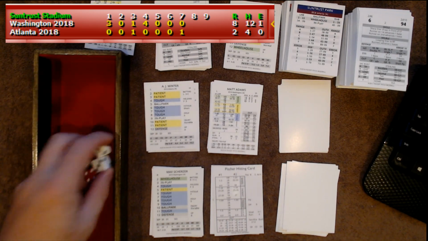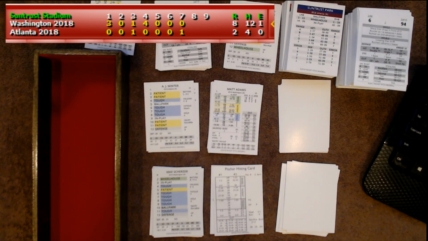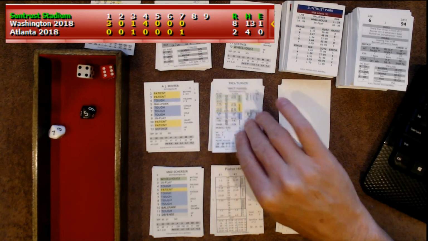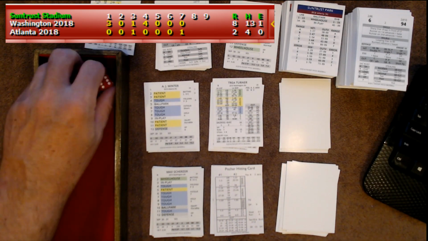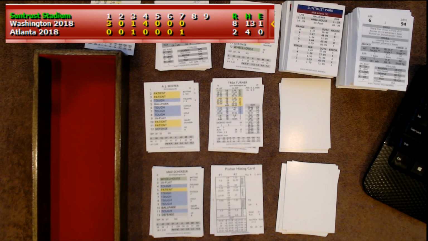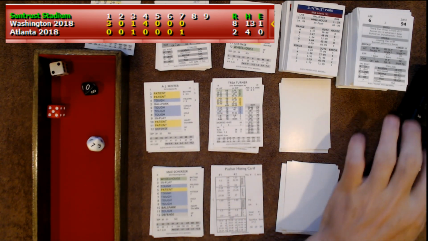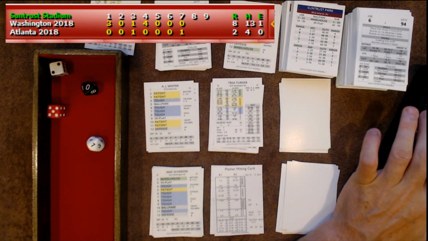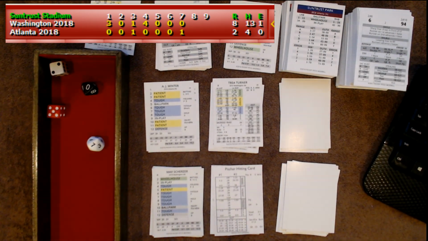All right, brings up Matt Adams, 2 away here in the top of the 8th. 10, patient, 57, and he's patient enough to get a single. Matt Adams with the single out to right field. Trea Turner, oh God, here we go, Trea Turner. Here we go with our 2 outs rally for the Nationals again. Tough 0-7. This time it's stymied by A.J. Minter as he strikes out Trea Turner.